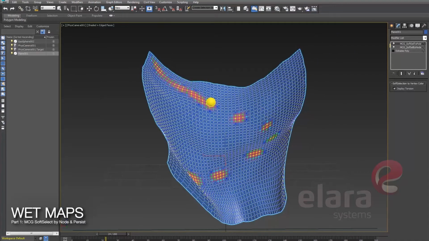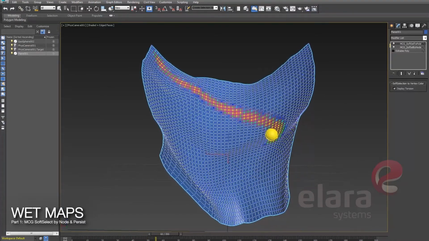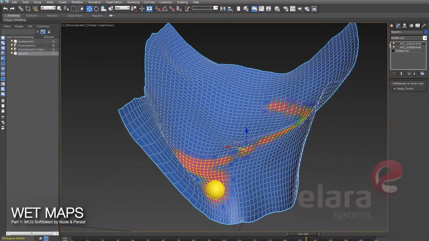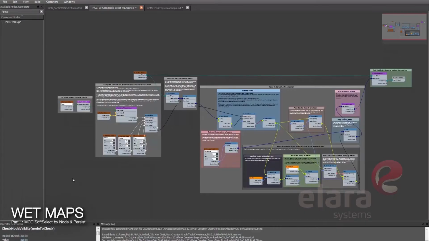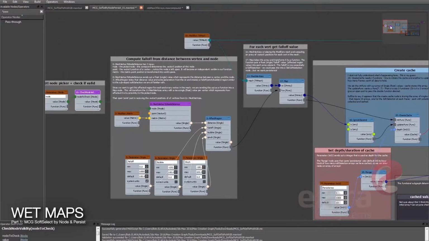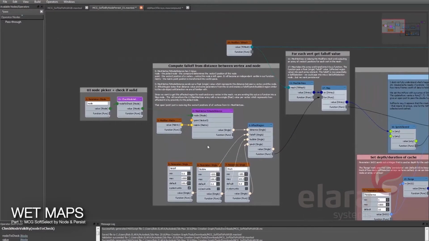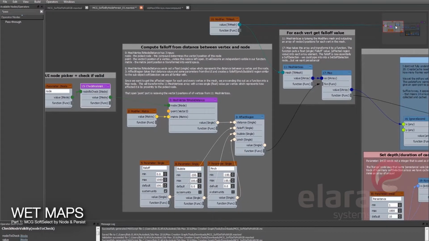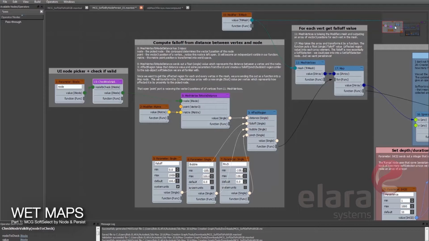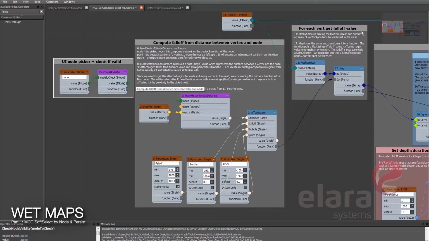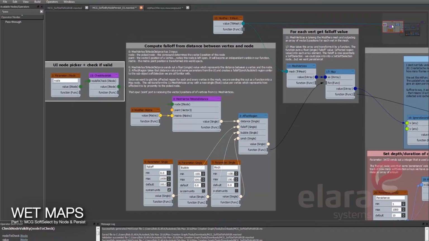For this tutorial, we're going to walk through the MCG graph editor, and I'm going to try to describe what I think is going on. I am by no means an expert at this, and I didn't write these flows. These are both pieces that I received, but in an effort to figure out what's going on, I went through, took some notes, and I'll walk you through this. If I'm saying something wrong, if you wouldn't mind putting it in the comments or shooting me an email, I will get in there and fix it. But like I said, this is to the best of my understanding what's happening here.